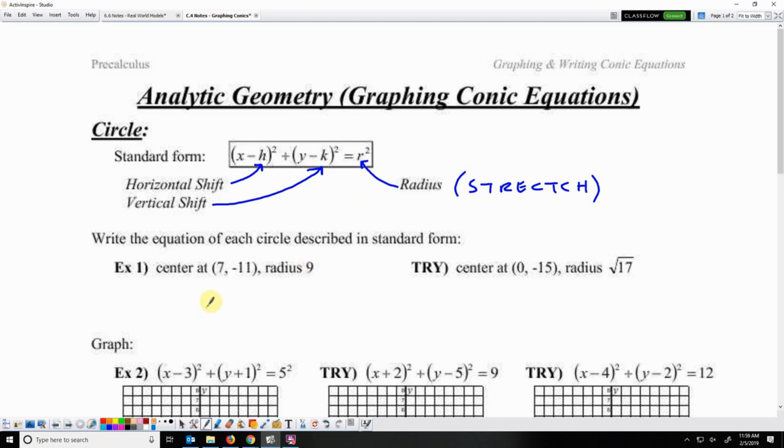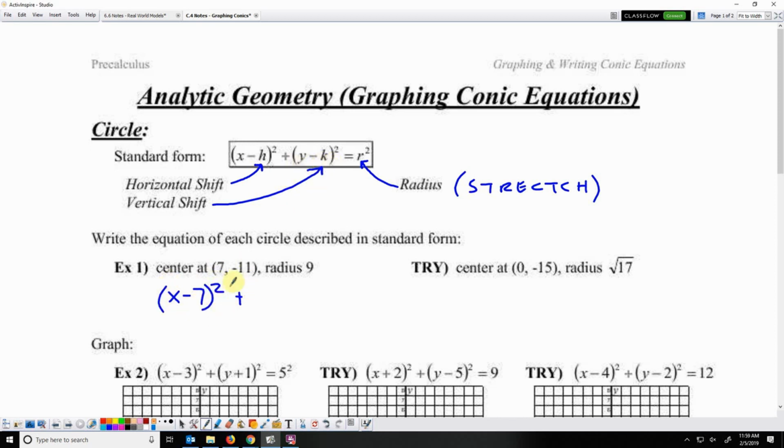Okay, so we are going to write an equation for a circle with its center at (7, -11) and a radius of 9. So 7 is the x value, that's the horizontal shift. It's shifted 7 to the right. And the equation is x minus h, so the opposite of that number. So there's our h, we've got (x - 7)²,